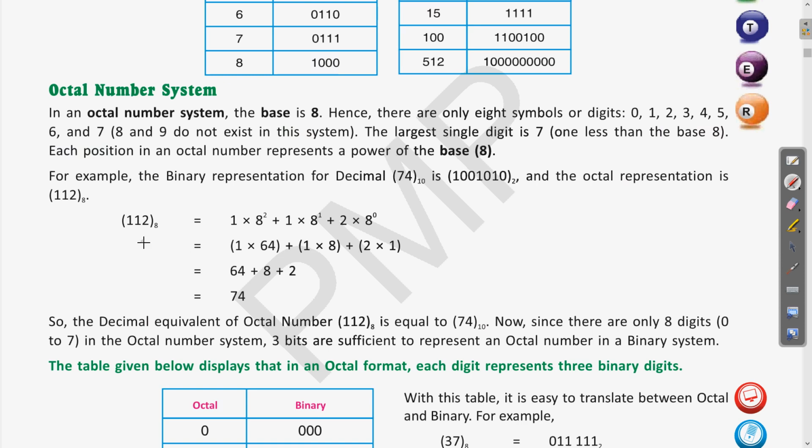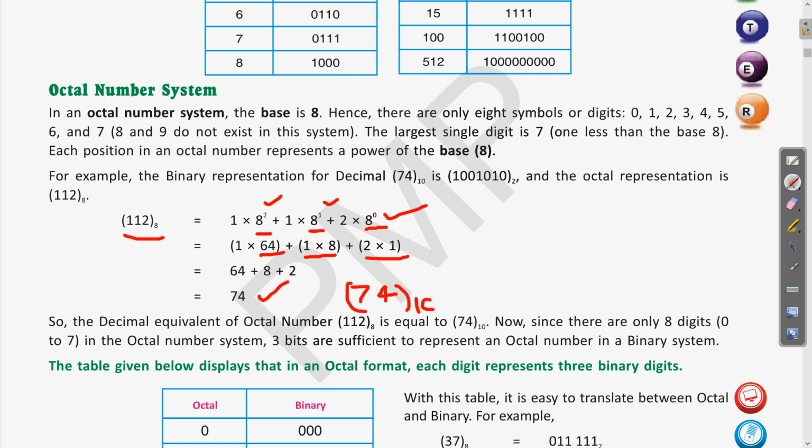In the octal, as you can see, we have taken the example 112. Clear? Now each of these digits is multiplied according to the base. Here the base is 8, so that is why we are multiplying with the base 8 every time with the increasing power, that is 8 power 0, 8 power 1, 8 power 2. Now 2 into 8 power 0 is 1, then 1 into 8, and 8 power 2 is 64. So the answer we are getting is 64 plus 8 plus 2, that is 74. This 74 is the decimal. We are actually converting this octal into decimal.